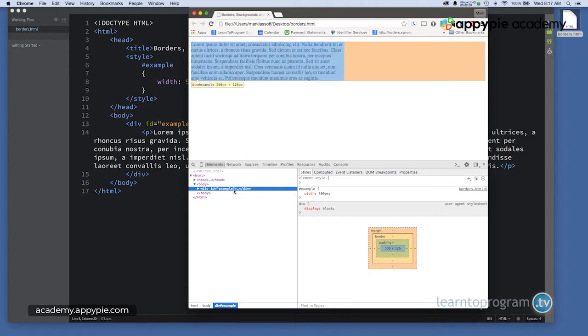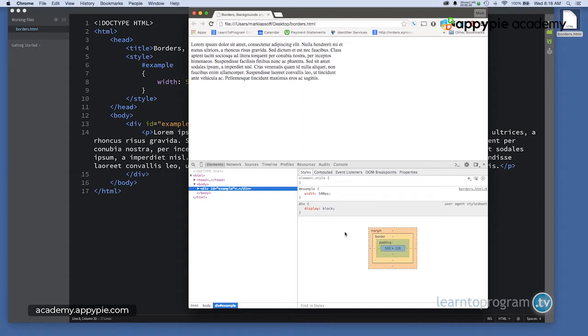And when I point at it, you can see the div itself outlined in blue in the top part of the browser. And we can see also using the illustration here that that section is 500 pixels wide by 126 pixels high. And you can see surrounding that is padding, border, and margin. Padding, border, and margin. And this essentially is the box model that's used to display any block level element within